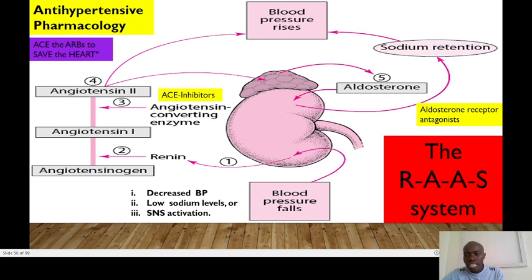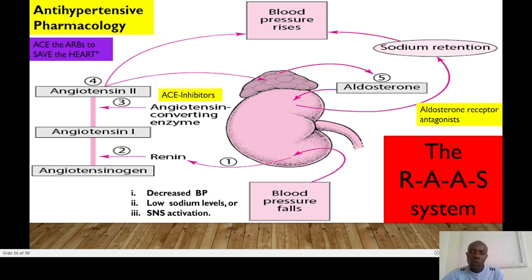This renin converts angiotensinogen, a protein normally produced by the liver, to angiotensin 1, which is a weak vasoconstrictor that later will be converted to angiotensin 2, which is a